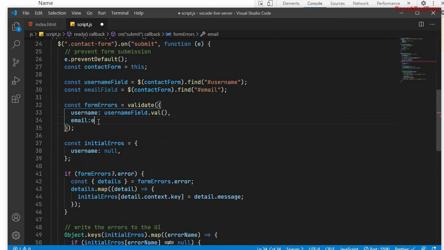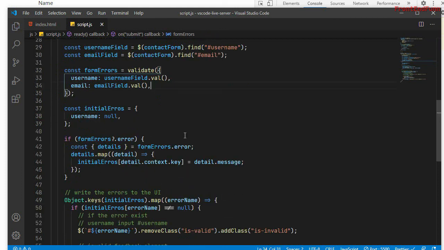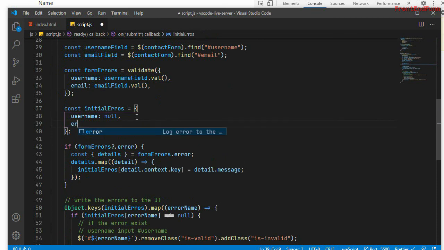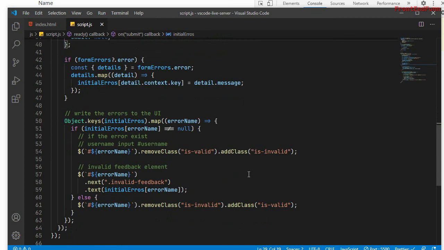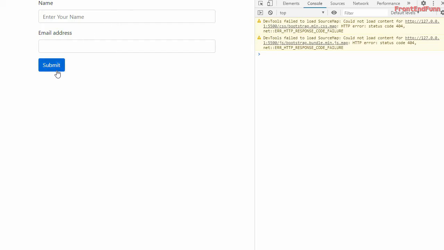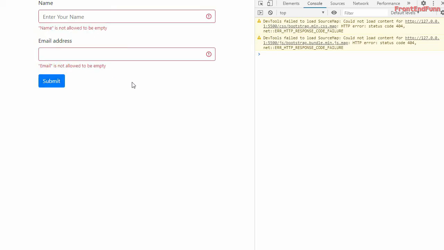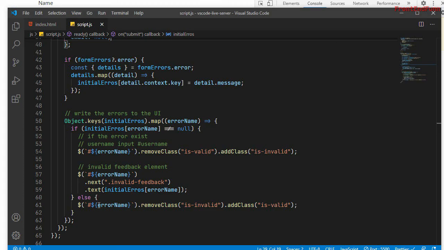So that will be email field dot val. And for the initial errors, email will be null, and we don't need to do anything here. So if I click, as you can see, email is not allowed to be empty, and if I write example at test.com, this is a valid email. Fine.